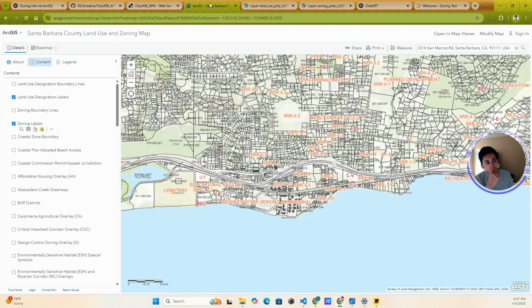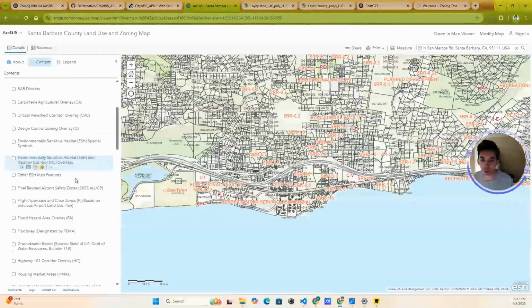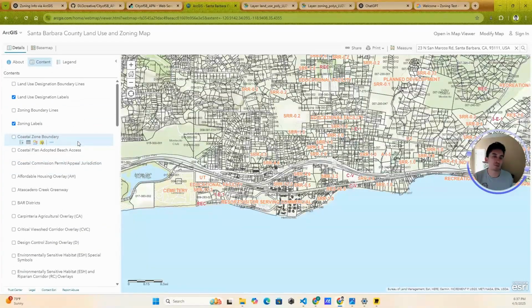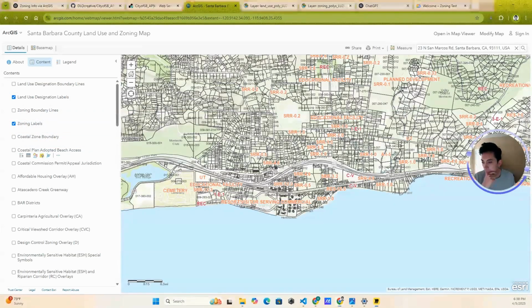So whenever you have your provider on this, make sure that in your notepad you get all the layers that you want, the ones that you really need, that you need to automate most of the time. If there's one thing like floodway or FEMA that you don't do a lot, maybe you don't need to automate it. But just the main things like zoning, land use, general plan. You can do as much as you can, but to start, I would say start with the most common ones, maybe the top 3 or 4. And once you have those API keys, just save them in a notepad so you don't have to go back again and redo those. So that's step number